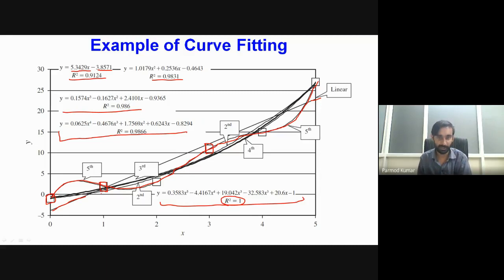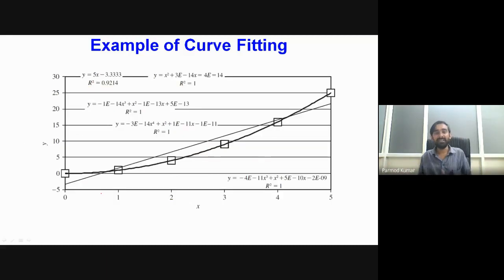Which is not good, and which will convey some wrong physical interpretation to our final findings from the experiments. So it is not always recommended to numerically obtain the value of r square to comment on the goodness of the curve fitting. Rather, it is always advised to plot whatever perfect fit or close fit we get on a graph paper and visually observe whether it is giving a close fit, or leading to unwanted fluctuations which do not give a clear reflection of the physical phenomenon which is happening.